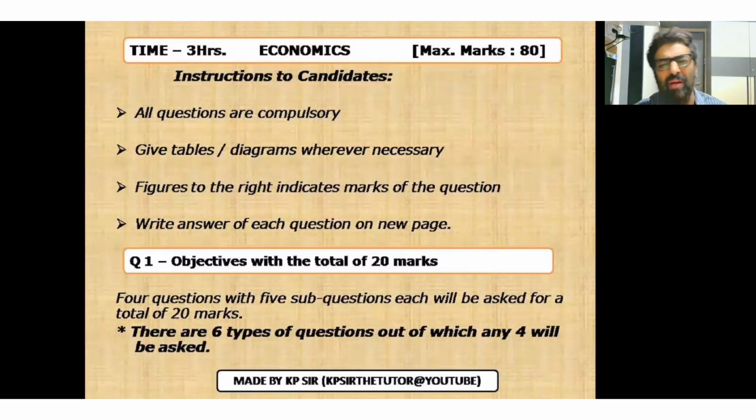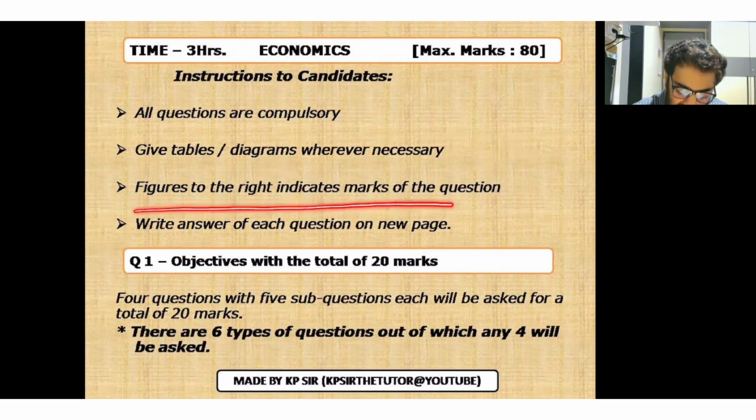The most important thing I would like to draw your attention to is this. After question number 3, or even 2B distinction, if there are diagrams to be drawn, you have to make your diagrams. There are questions based on laws, like the law of demand and the law of diminishing marginal utility, where they ask for tables. You have to prepare tables for those too. And what we have been telling you right from 10th standard, even for your 10th standard board exams, your teachers might have told you, never write the new main question on the same page.